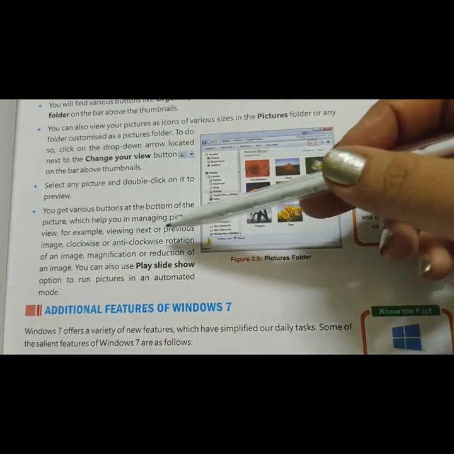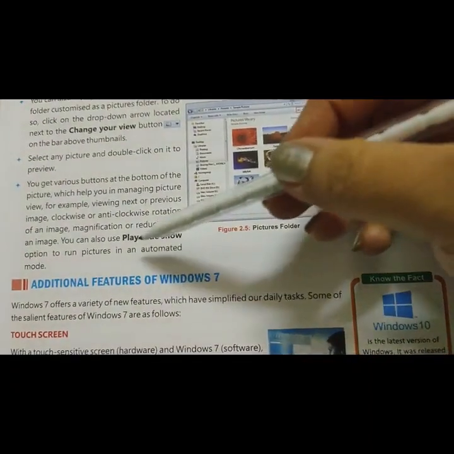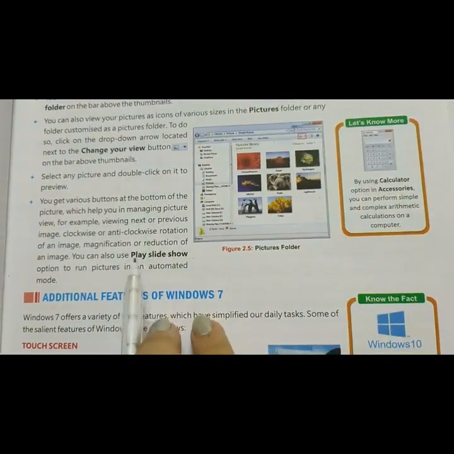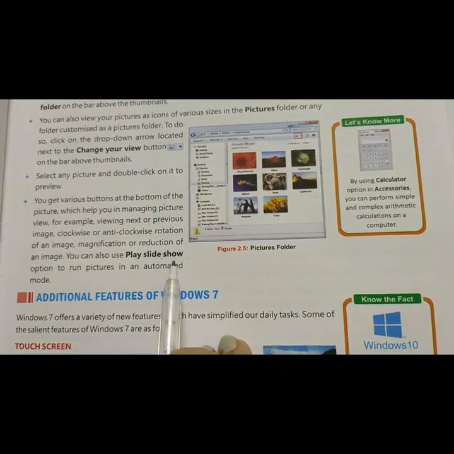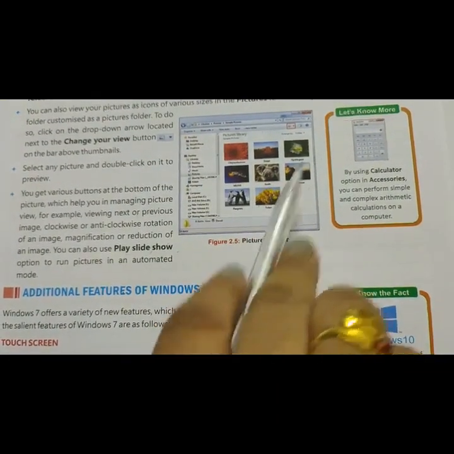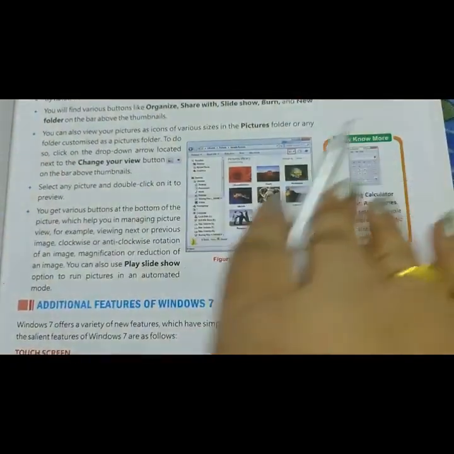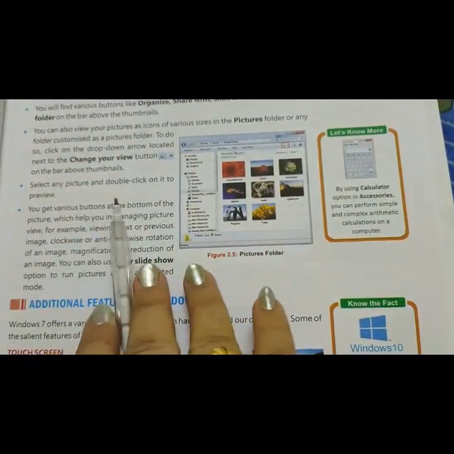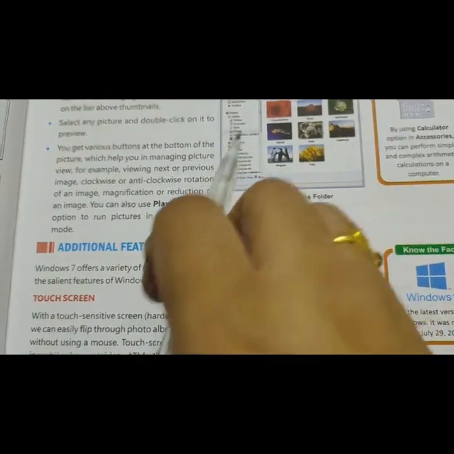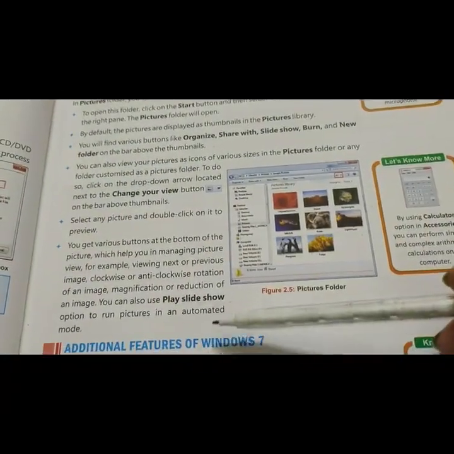You can go to the next image, and you can use the Play slideshow button. When you click on it, all the images appear automatically every 2-3 seconds, whatever timing is set in your settings.